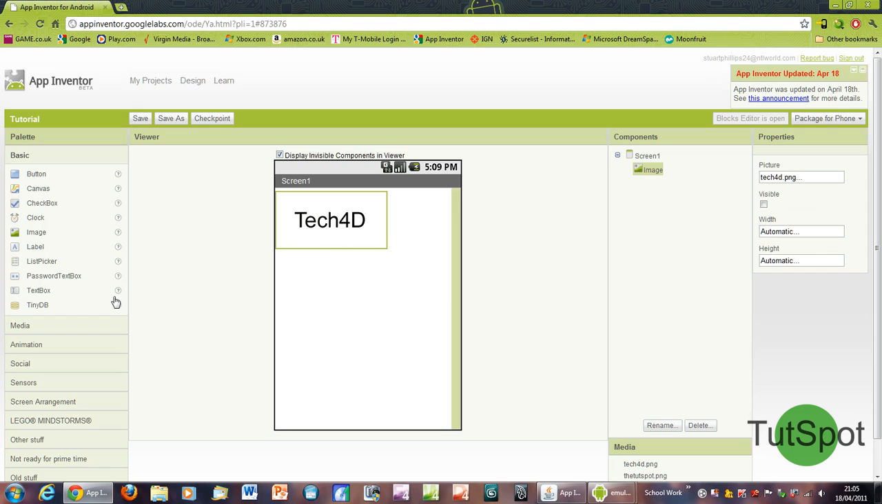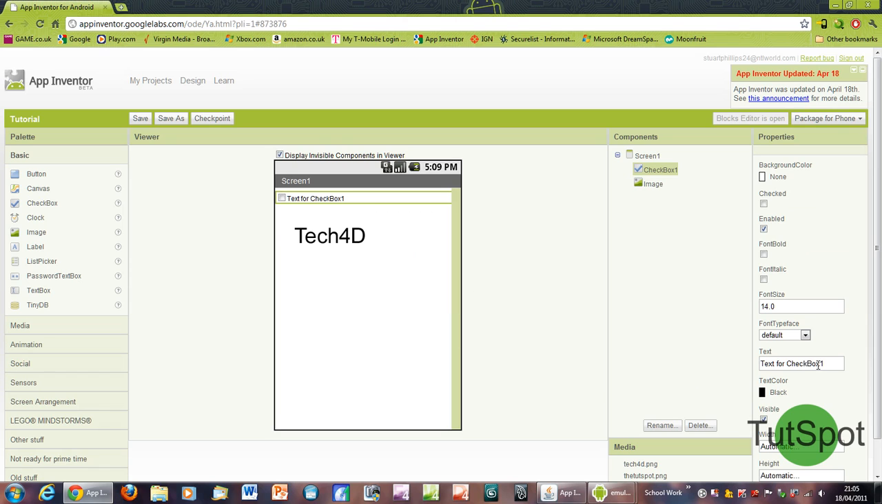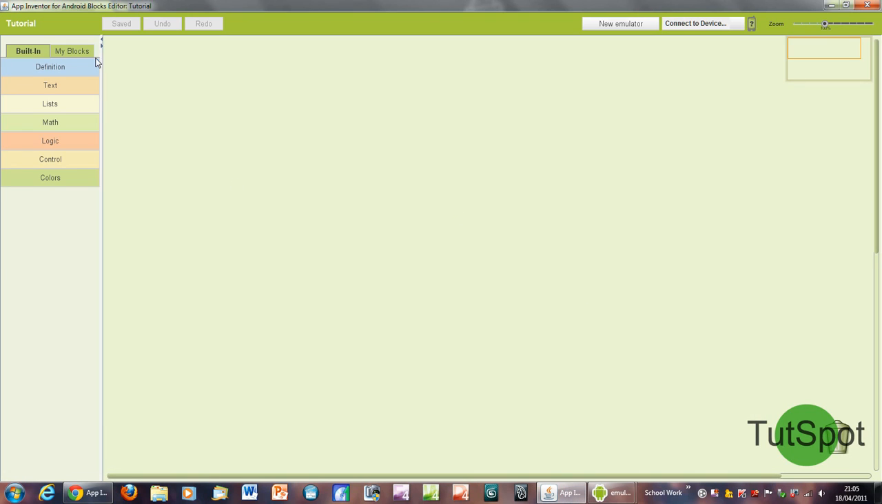So the first thing you want to do is just drag a checkbox above the picture, and I'm just going to edit the text so it says, do you own an Android phone? And then basically you've got a nice little checkbox with that text next to it. We don't really need to edit anything here, it's all fairly standard, unless you want to change the width and height. And then we're going to go onto the blocks editor, which I've already got open,